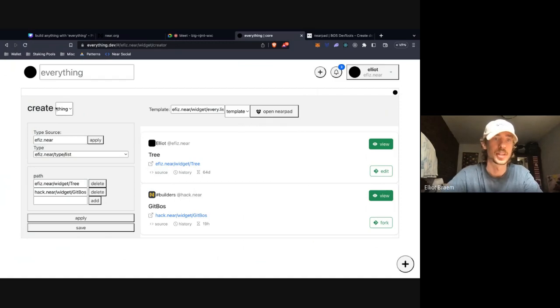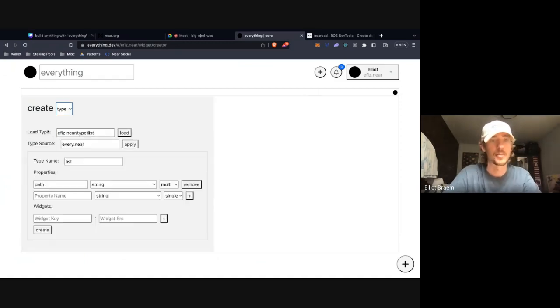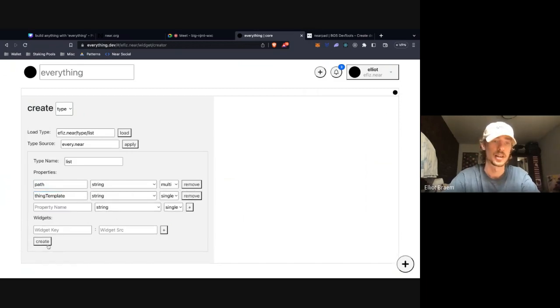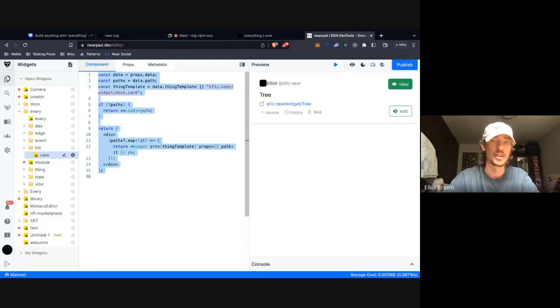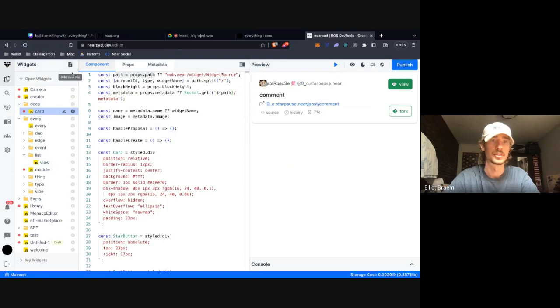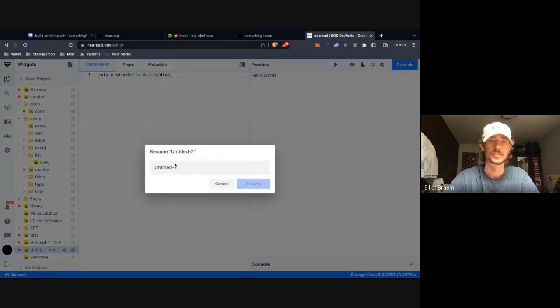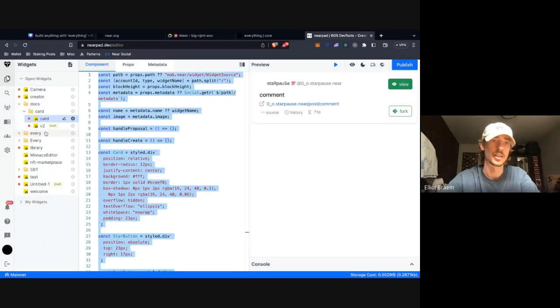There we go. So we can keep on building that. And I'm actually going to change it. I'm going to add a thing template, which is a string. I'm going to modify the type. I'm going to create another docs card, docs card v2, like this.